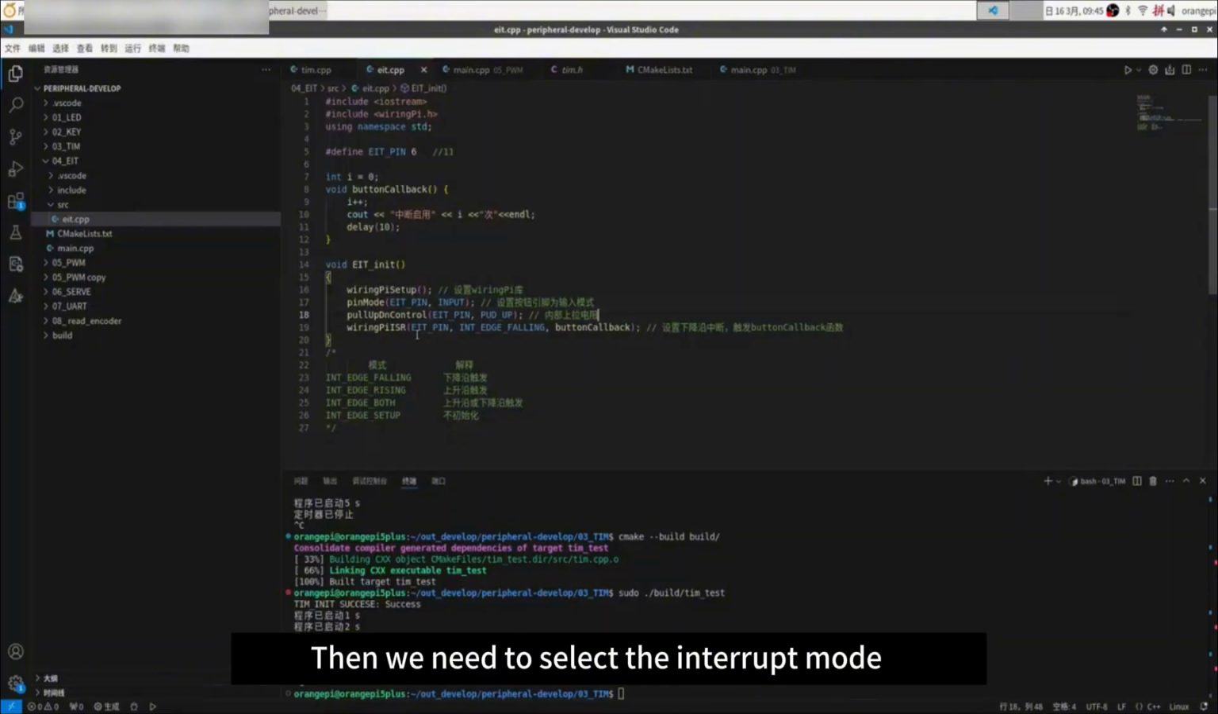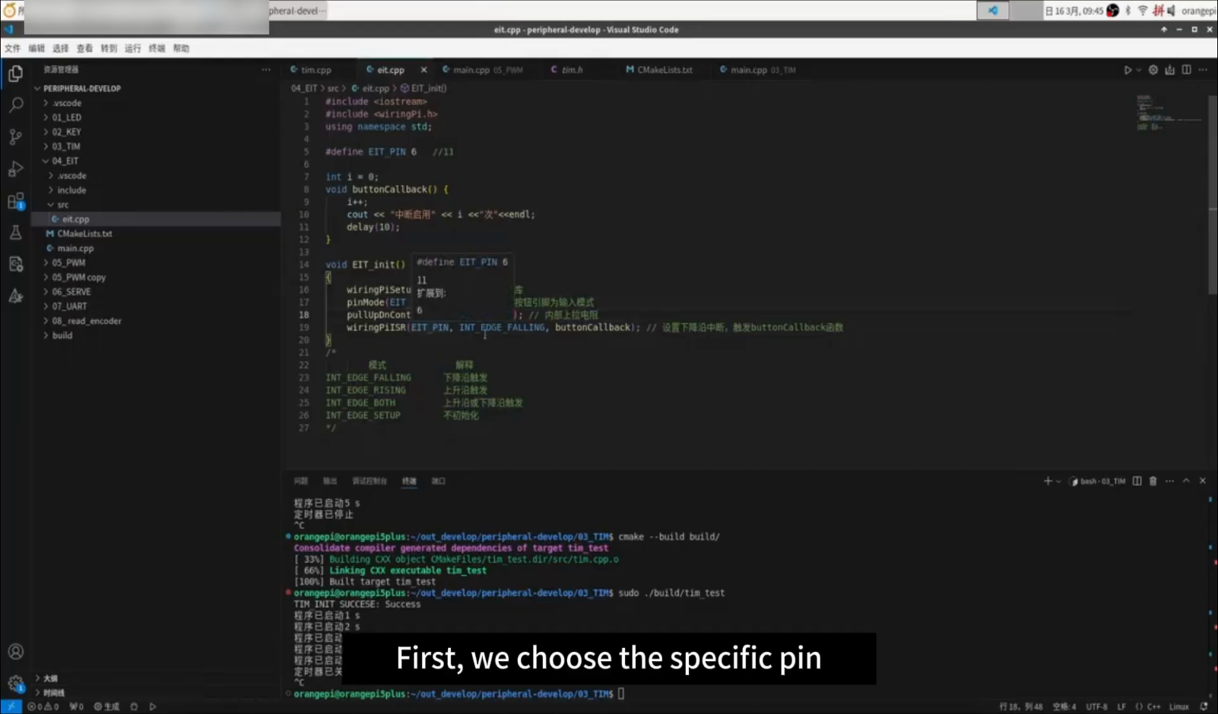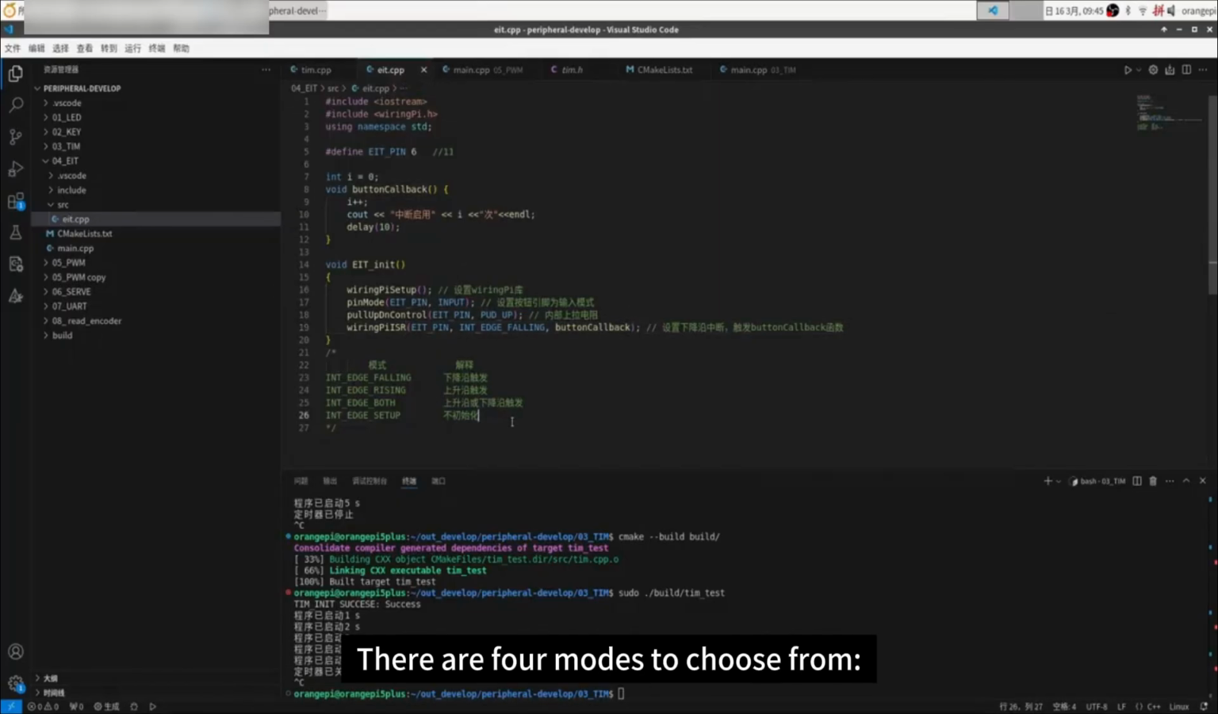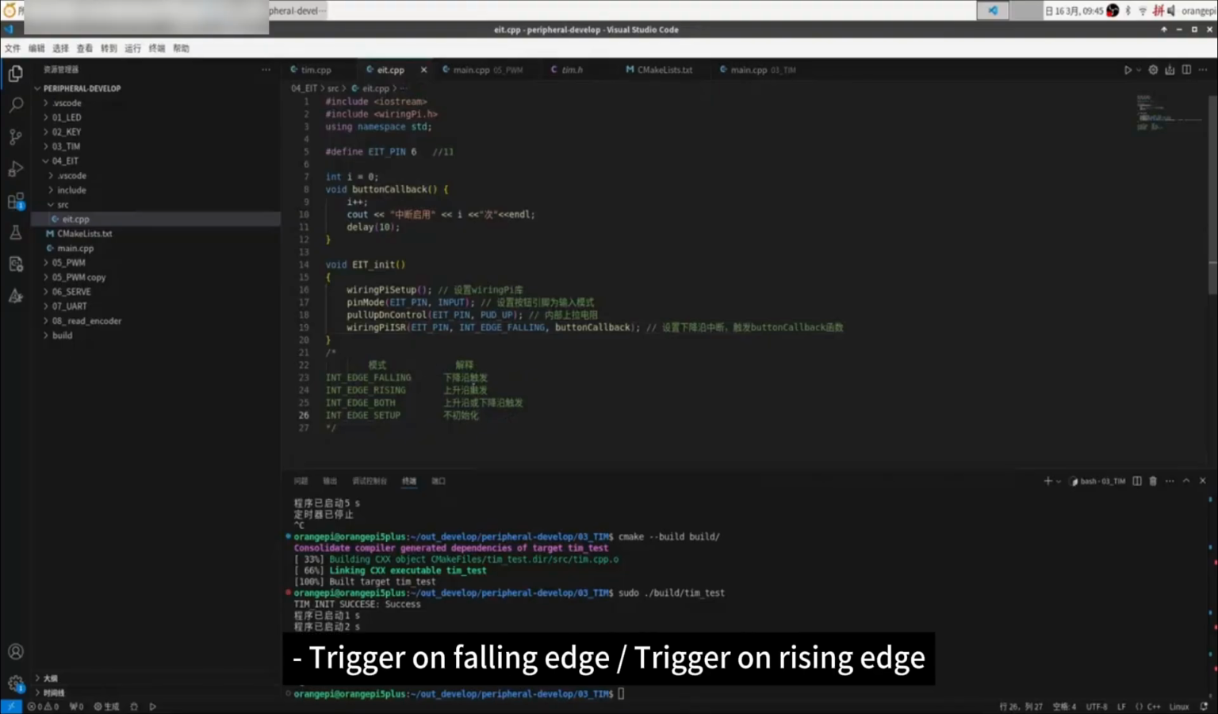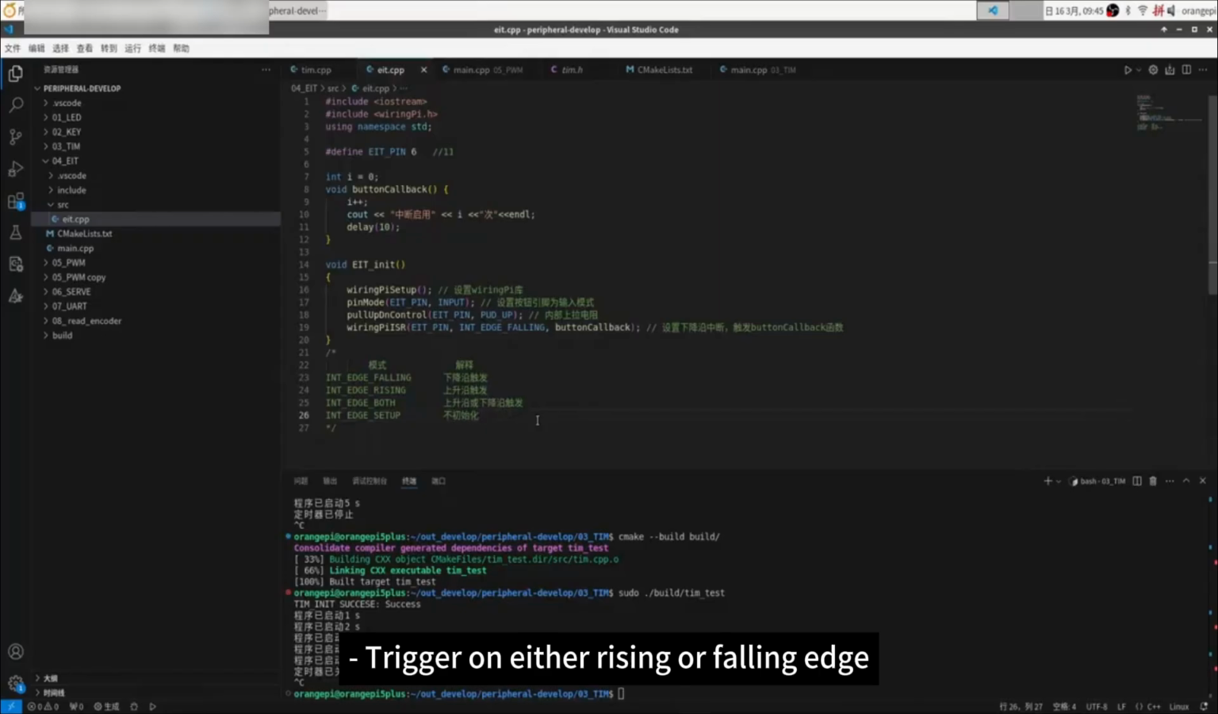Then we need to select the interrupt mode. First, we choose the specific pin. There are 4 modes to choose from: trigger on falling edge, trigger on rising edge, trigger on either rising or falling edge, or simply do not initialize. Finally,